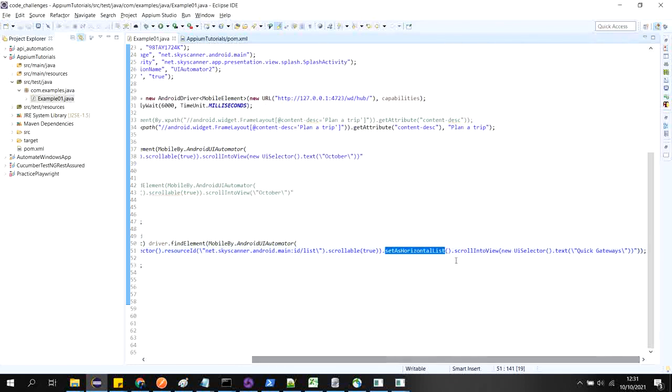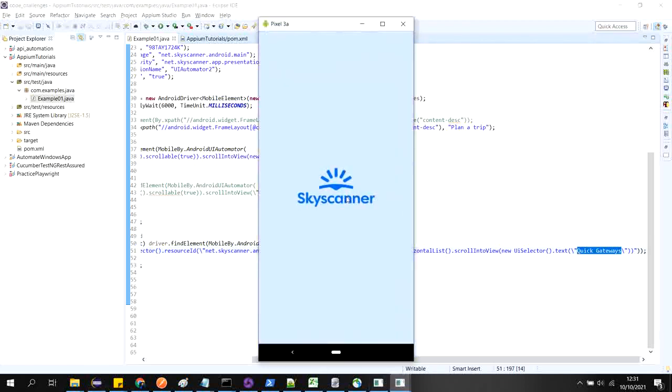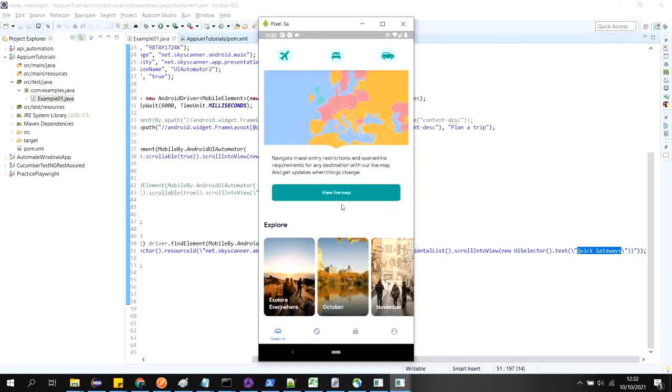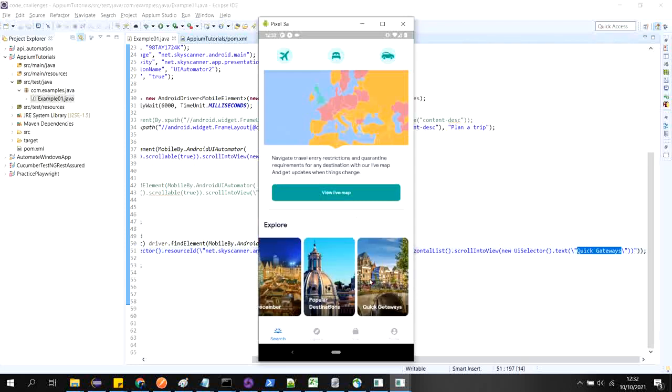After that, same thing, scroll into view, exactly the same as whatever we have written here. Inside that view, a UI selector having a text. The text is named Quick Gateways. I can show you if we launch the application. If we perform the horizontal scroll, at the end Quick Gateways is available.